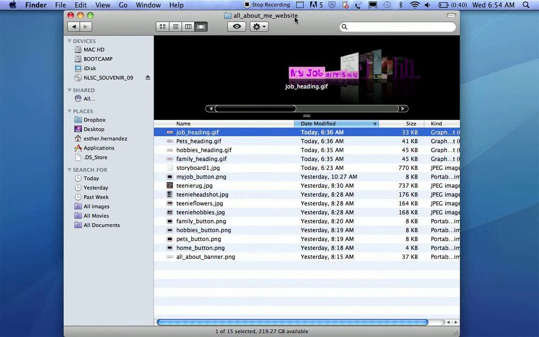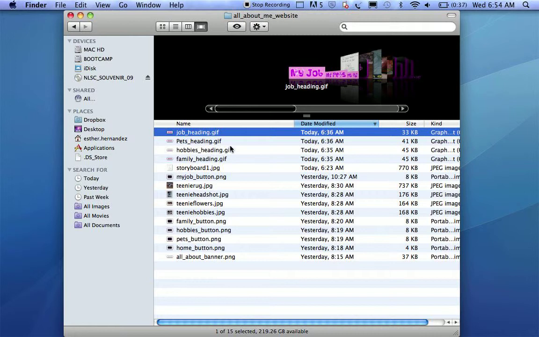Remember that this folder is all important. Every single thing that you do has to happen in this folder. Your website is a package. Every page, every picture has to go inside the folder or you're going to lose data. Your stuff won't work. So, the name of my folder says All About Me website, but you'll see that there's